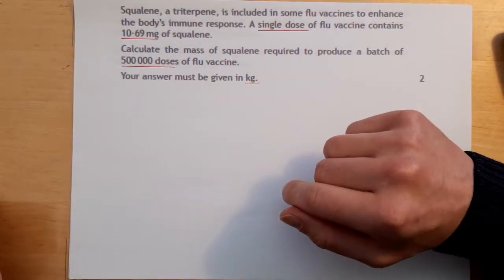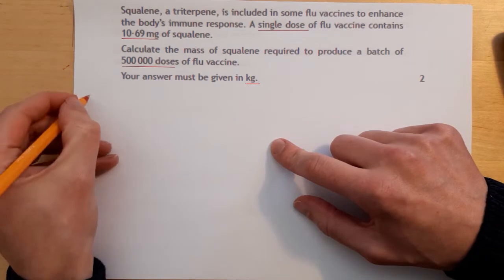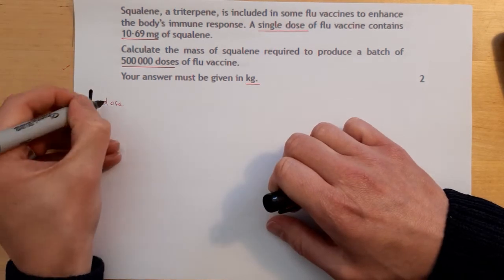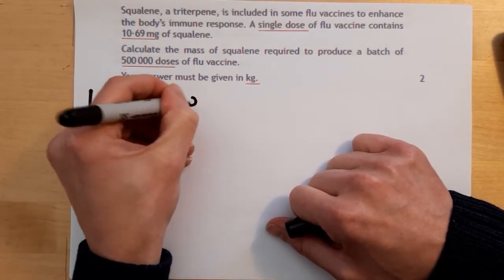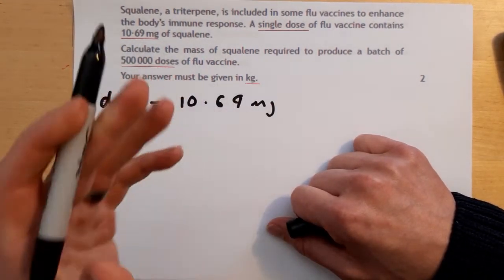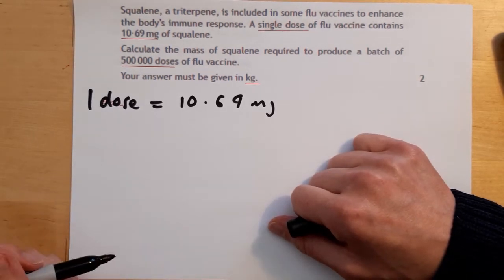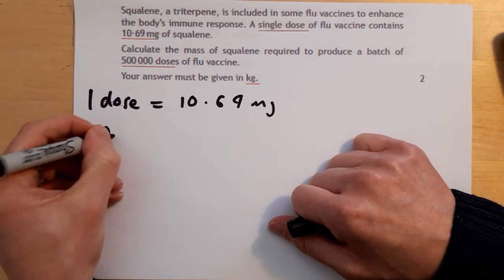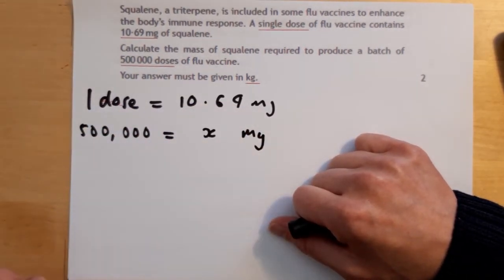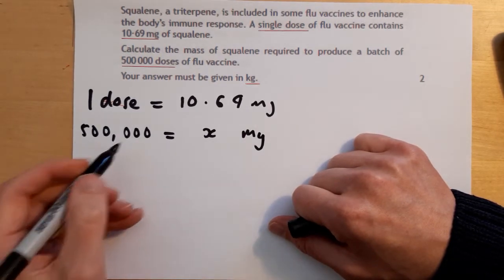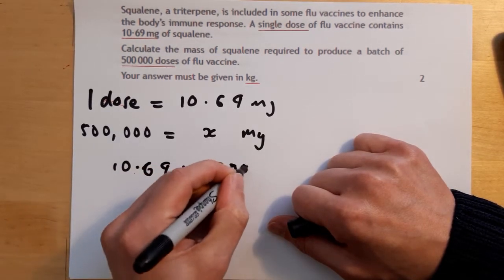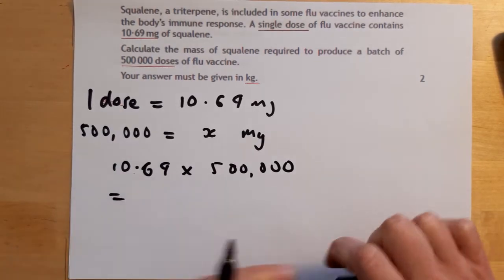So from this, what can we get here? We can say that one dose, so a single dose, let's do this in this color actually, equals 10.69 milligrams. Now it doesn't matter when we convert to kilograms, but I prefer to do it at the end, though you could do it at this point if you wanted to. 500,000 doses equals X milligrams. So this one's really quite straightforward. All we do here is we times 10.69 by 500,000. And that gives us